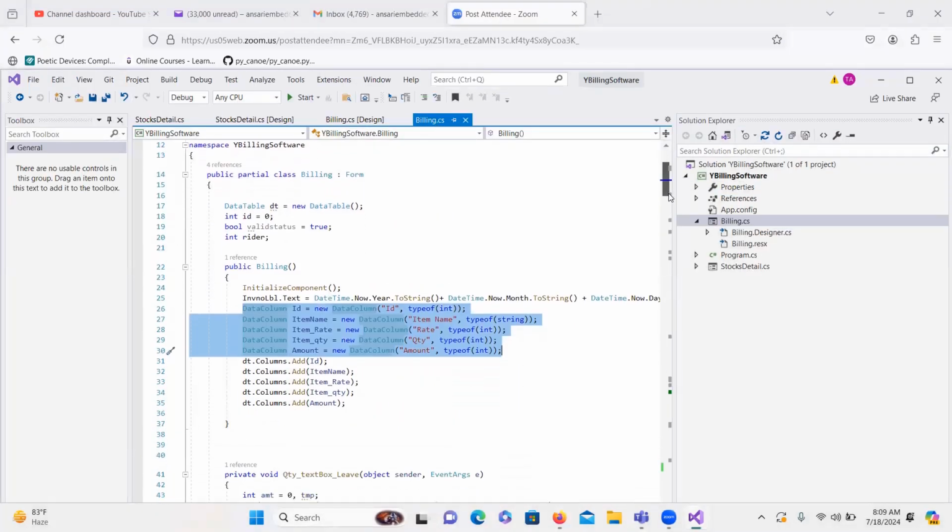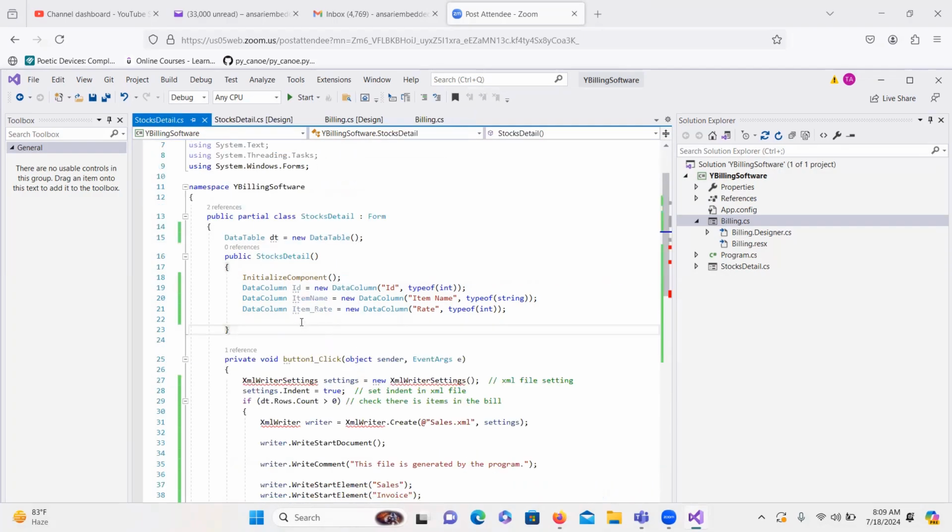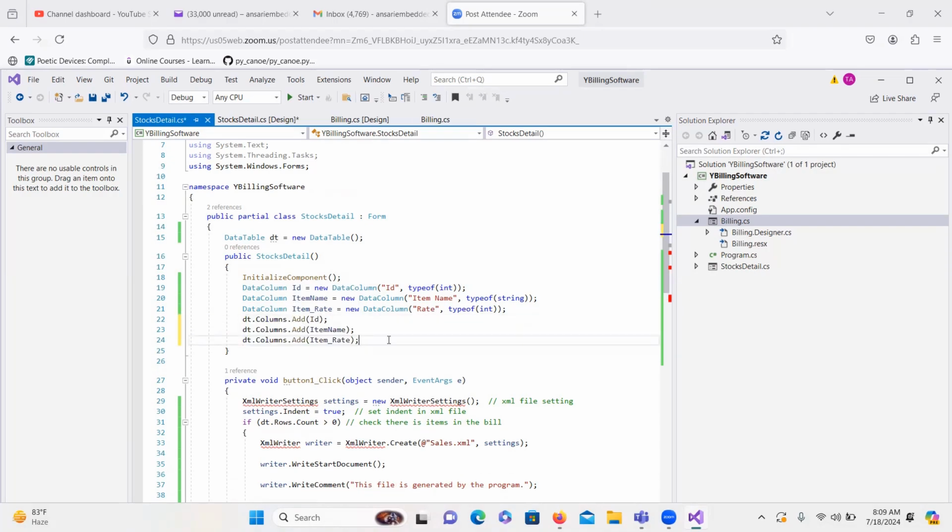After doing it, we just define them and then we add those columns. So probably in our case, these three will be right. After doing that,